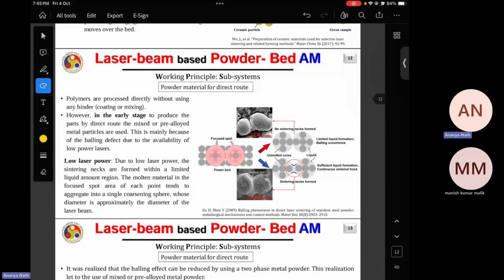So this is another subsection which says the direct route. So direct route is like if you're going with metal, obviously metal will have very high melting point. So in that case, you have to put a lot of laser energy onto the build plate. So this is the scenario where you have these powder particles and you are putting direct laser. All this will get melted and make the bead over the build plate. This is just selective laser melting.